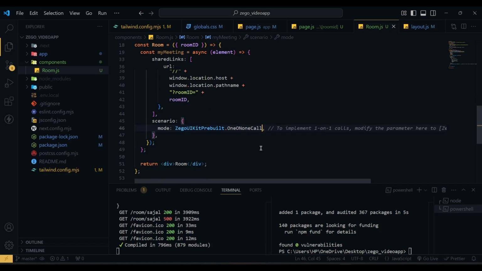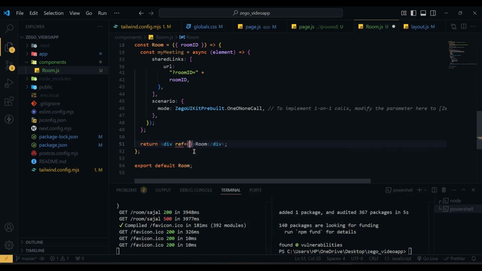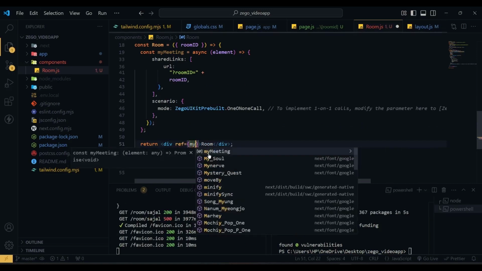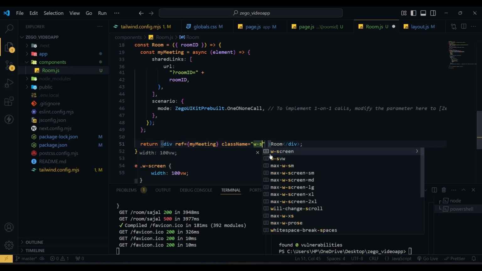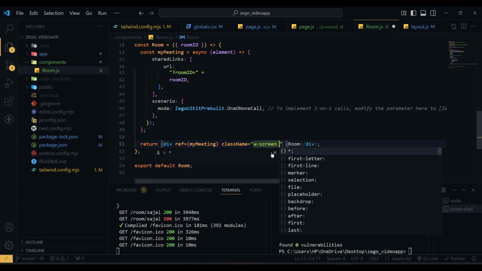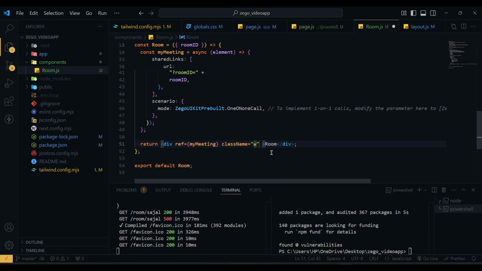Next, what we need to do is use the ref here, and in the ref we're going to pass our myMeeting, and we're going to use some class names here. So the class name will be width screen, width full, and height screen. So that's it. Now if I hit save,